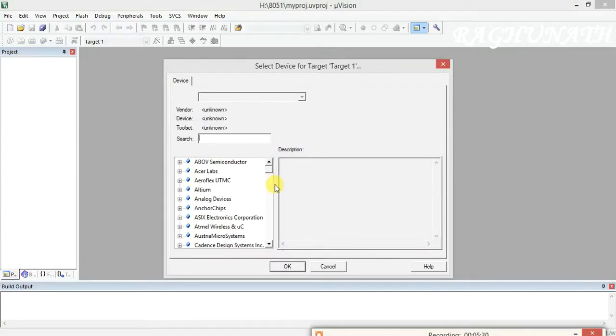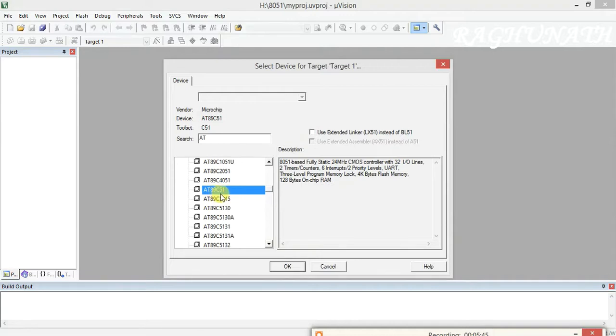Now I have to select Atmel. I will click Atmel, then 89C52 or you can use 89C51.